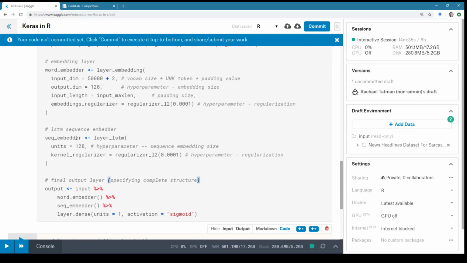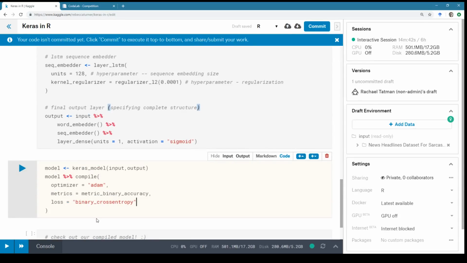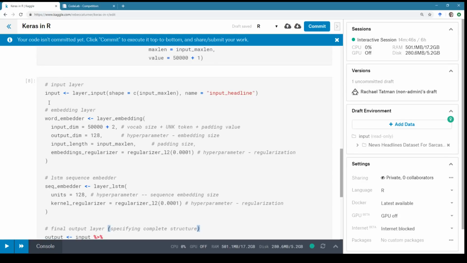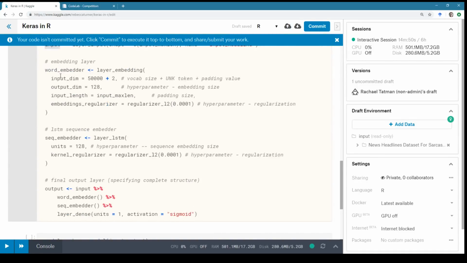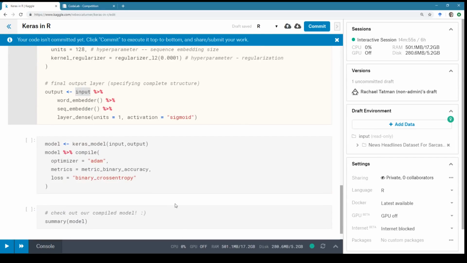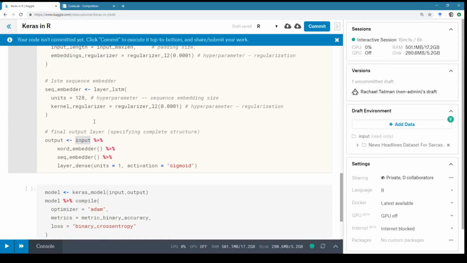So this is saying what each layer looks like, and this is specifying the relationship of the layers to each other. But I'm also a little bit confused because we have this input layer, and then we also have this layer which has the input as the input to it. So it could be that we have an input layer and then an identical layer and then our embedders and then our LSTM layer.